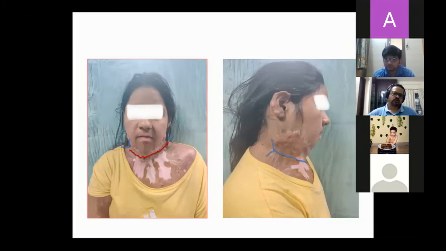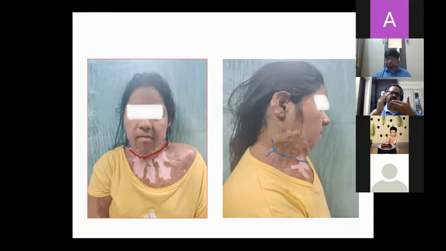Okay, so what you do is you excise whatever area is there, you put your Integra, and the thing is that after putting the Integra, you have to put either a vac or a dressing has to be there. Ideally, a vac has to be there. So after 10 days, you have to change the vac, again put another vac, and then you have to wait for another 10 days. So total 21 days, you have to have the patient on vac. And then you remove that.